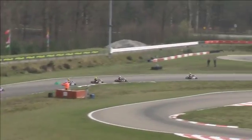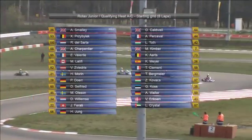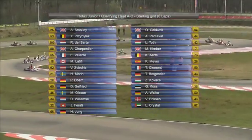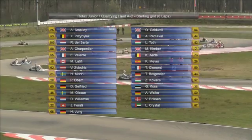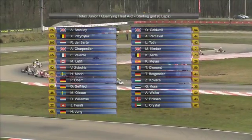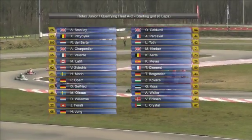So here we go, the track action begins once again and the juniors head back onto the circuit in what are changing conditions for the better, which is always good. We've got the grid for this one as follows. Again, the man who qualified quickest of all yesterday in qualifying, that is Adam Smalley, once again starting from pole